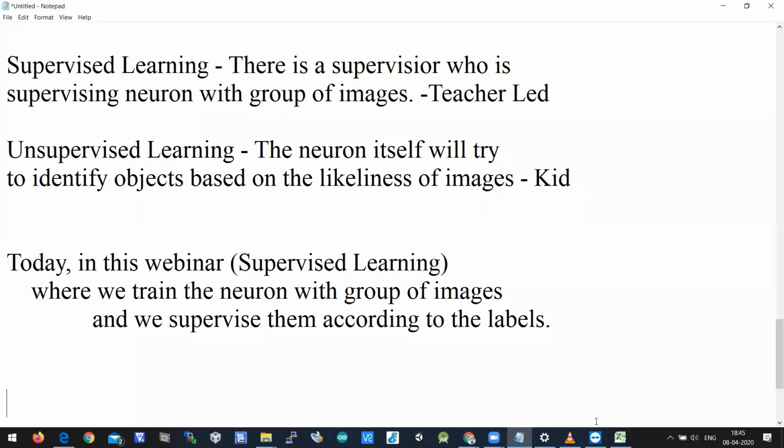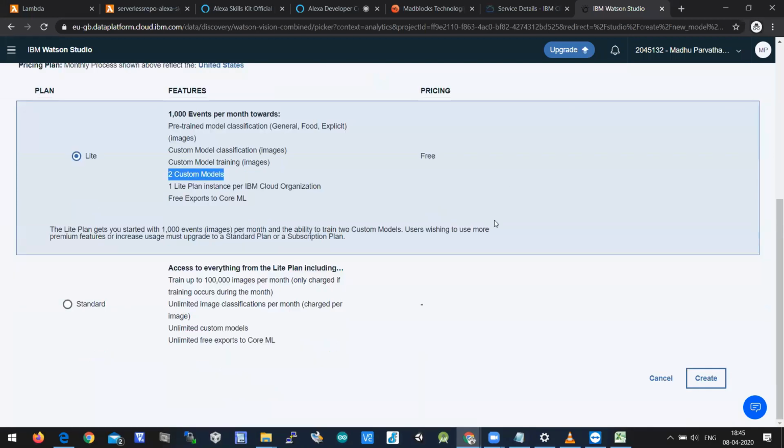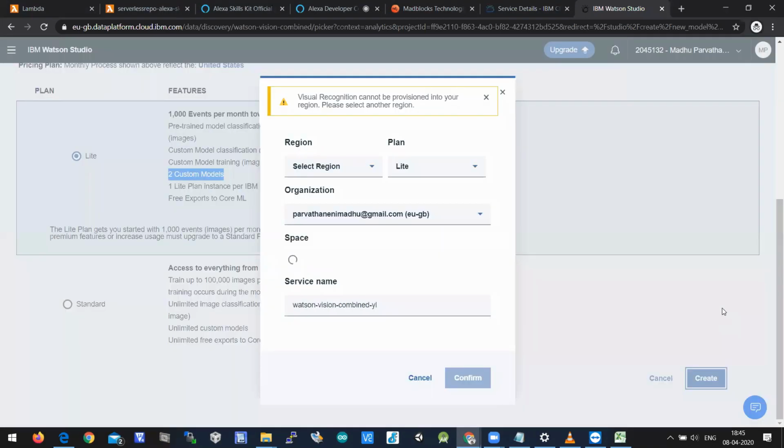So let's jump into the hands-on. Let's create this visual recognition. So you'll have a create button here. You can create.